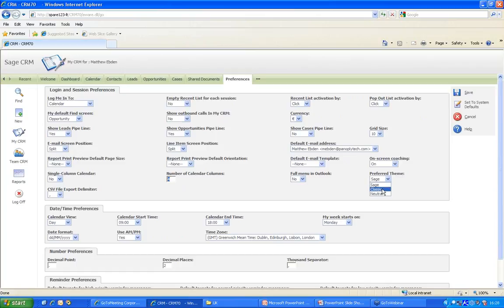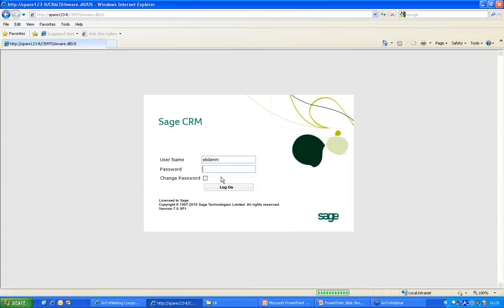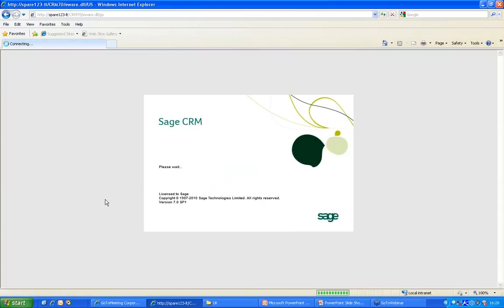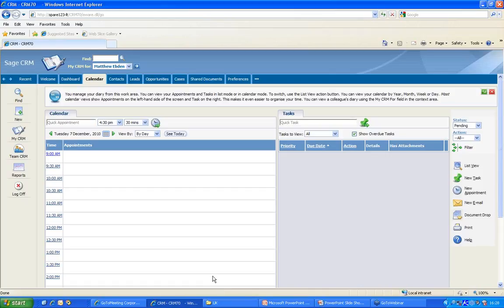Now, I'm going to switch to the classic theme from the Sage default. And if I log back on again, what we'll see is that you end up with an interface which is very much like the old 6.2 interface. Now, the reason